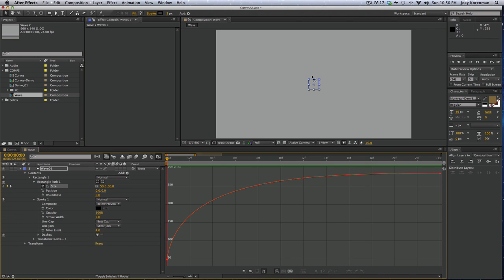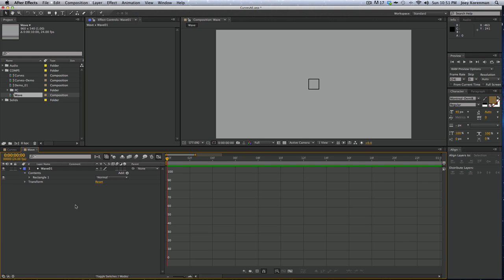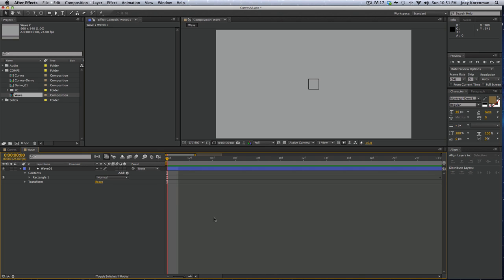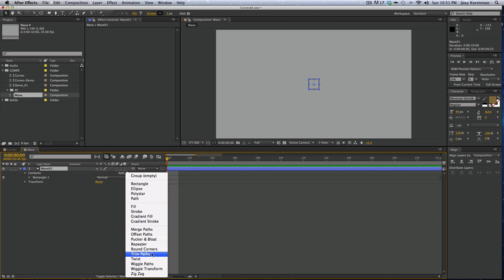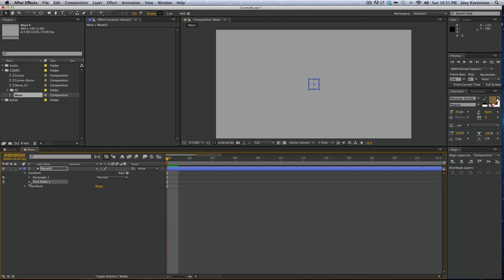So then the next thing I wanted to do was, I didn't want the entire square drawn on. I just wanted a piece of it, and I kind of wanted it animating a little bit. So I'm going to show you guys a trick that I like to do, and I've done this in a lot of projects, and you can get some cool effects with it. What you do is you add a trim paths effector. I'm not sure what these are called, but you add a trim paths to this, and then you open it up,